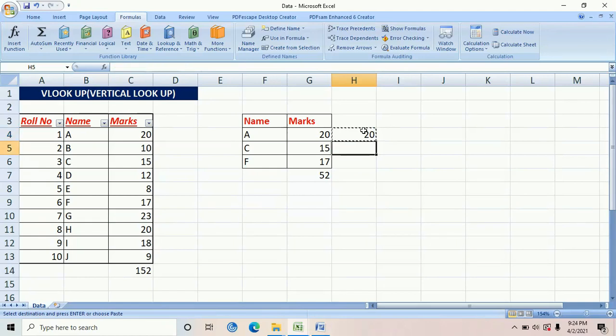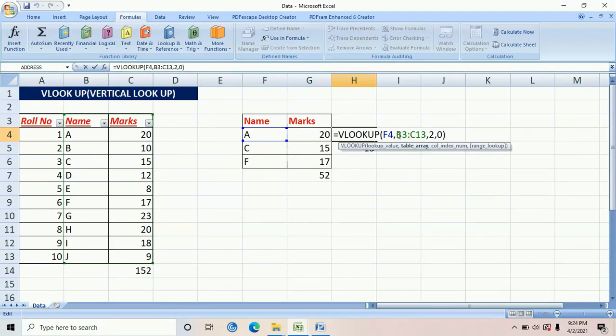I've done Control C and I've moved it here. Let's see if the formula works. Yes, it does. But if you see, the range has moved from B4 to C14 instead of which was here 13, right? So the easy way is to fix the range. To fix the range, we need to just go to the range, that is B3, and press F4, and this will fix my range. The next one again for C13, I'll press F4 and this will again fix my range. So now your table range will not move as in when you move your formula downwards. Otherwise, after some time you might see an NA appearing because your range has got moved, right? So this is really useful.